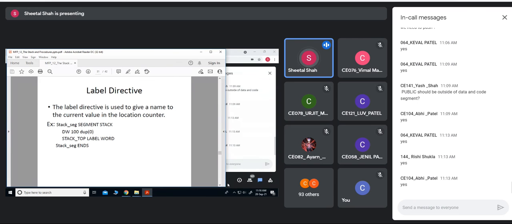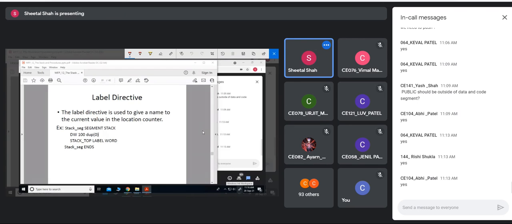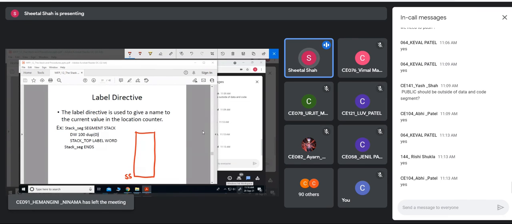If I show it like this, this is my stack, and this is the base address of the stack. Now 100 words are there, which means 200 memory locations, and all of them are initialized to 0.